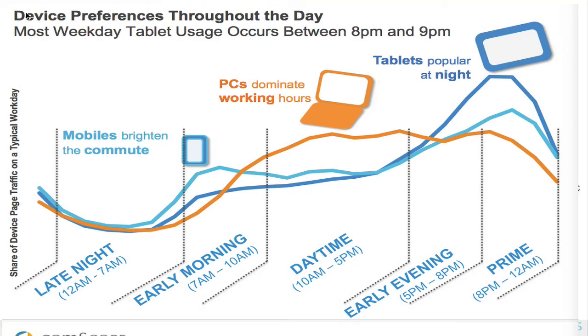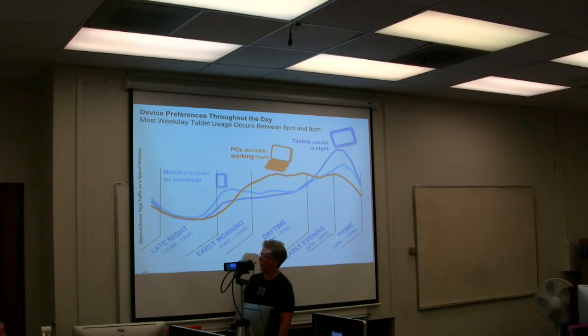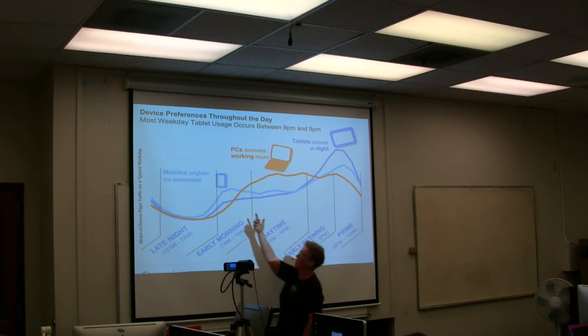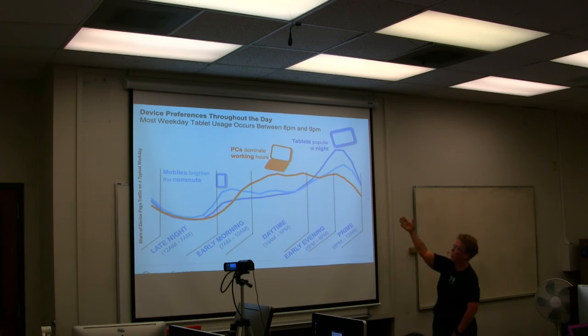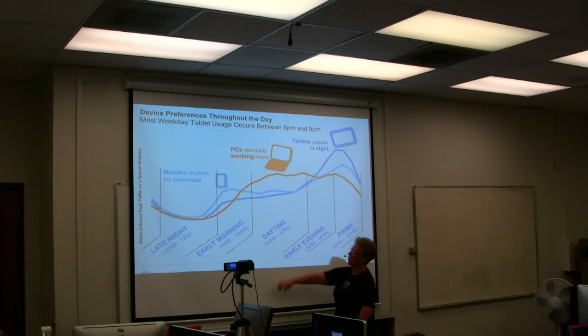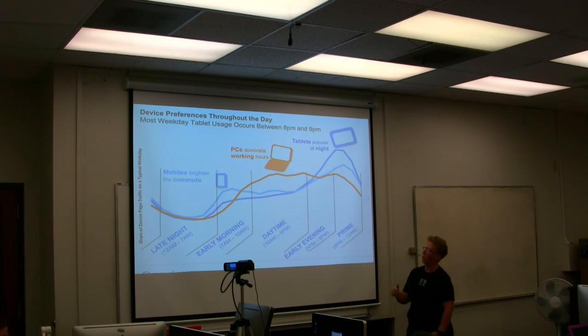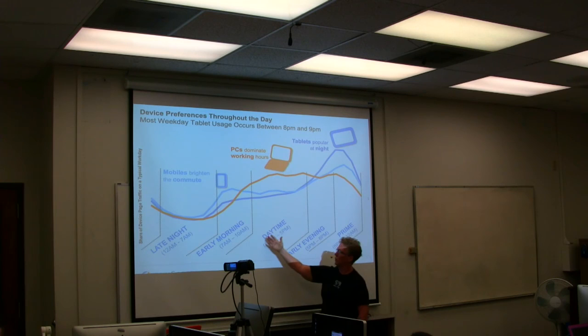But let's at least talk about this, because this is what I'm trying to say, is that if we look over the course of a day, people are using multiple devices. And I know this is true for me, right? So it's kind of like at this late night, it could be any of them. It could be a laptop, it could be a PC, it could be a tablet. Right? Early in the morning, we see typically a little more PC starting to go up, right? Why is the PC kind of dominant during the day? Workday. Yeah, and they're at a desk.